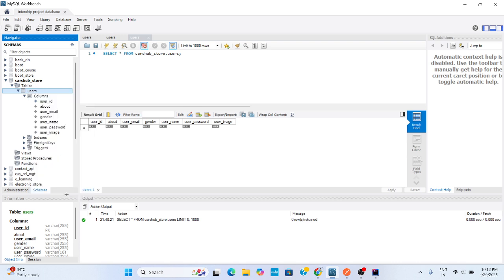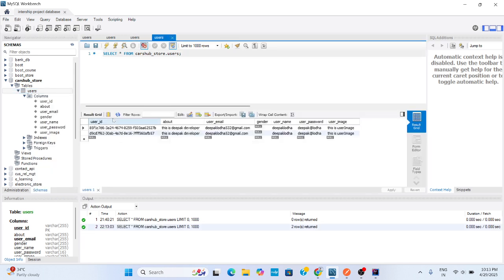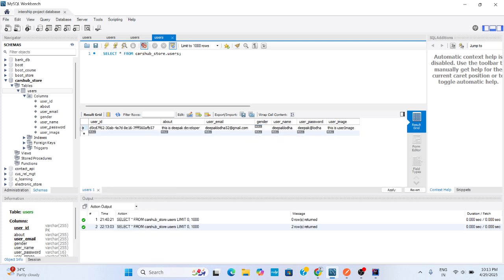Firstly we will refresh. The user is created. Some time before I created a user, so that data is showing, but we will delete this data. So how to delete? I deleted it.